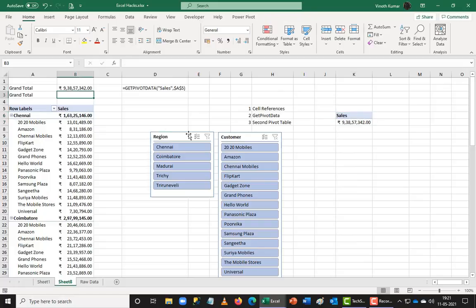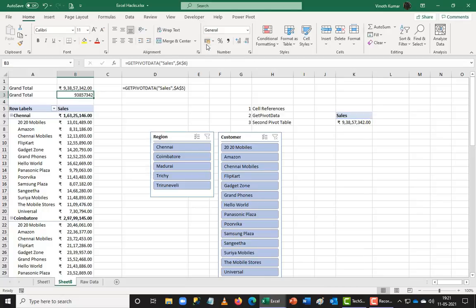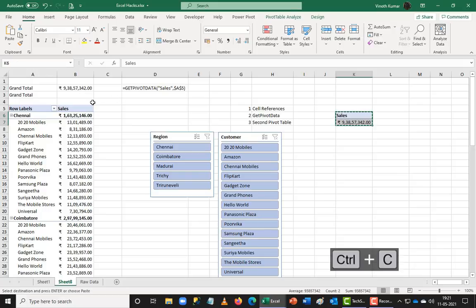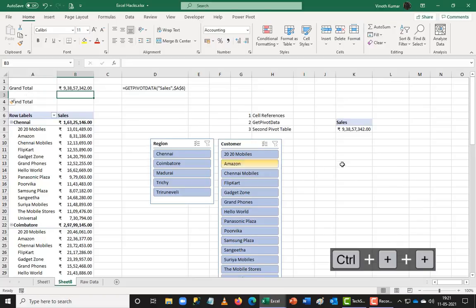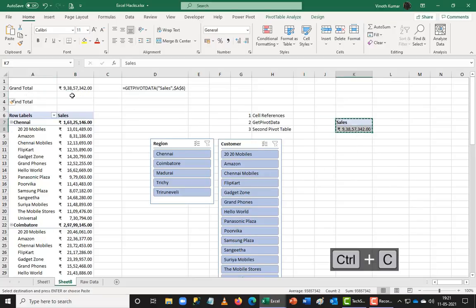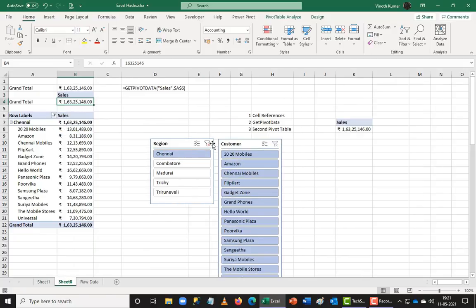So let me refer this into my cell here, then see whether this is still working. Again, when I refer it, it's going to become a get pivot data anyway. So it is showing me the get pivot data point for me. So ultimately what I'm trying to do still remains the same. When I try to copy and paste this somewhere over here, let me just add one more line item here, because when I copy paste it, I think this is not really working effectively for me. So let me see whether this is still working. Yes, it is working. That's nice. Perfect.